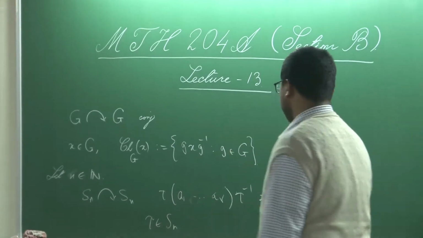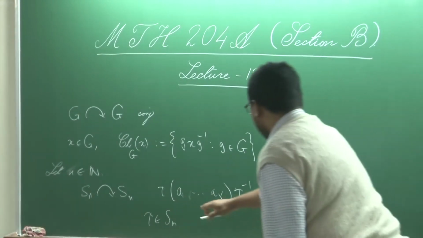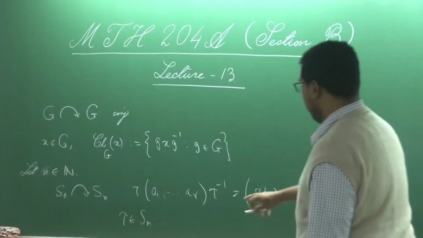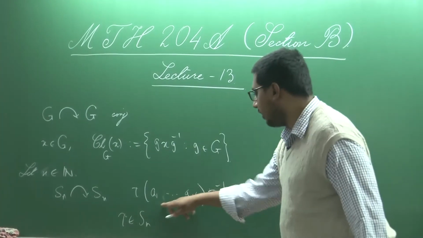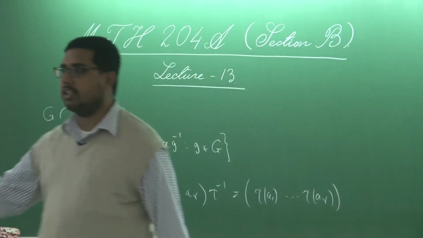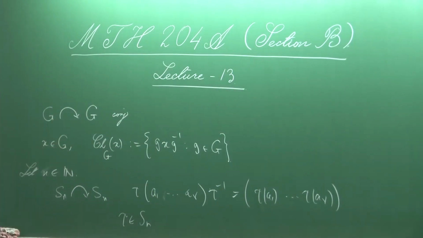Okay. This happens always. So, for an r-cycle, its conjugacy class consists of all r-cycles,